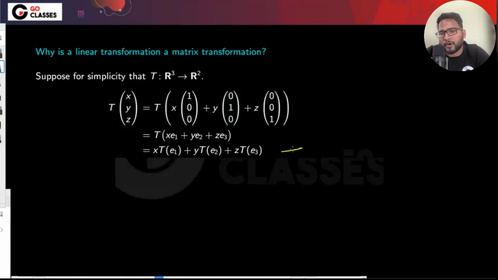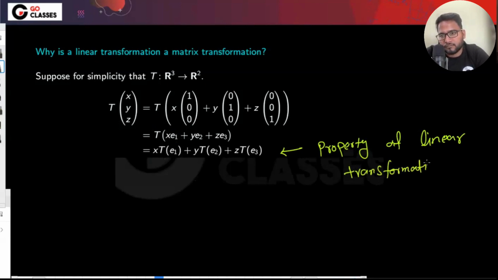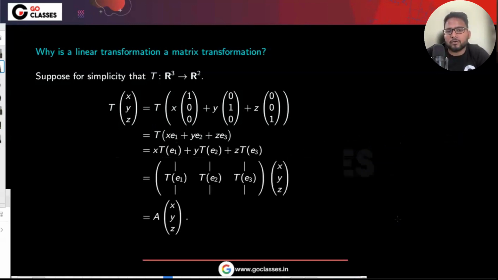This is a property of linear transformation, right? Now, this particular formulation you can always write like this,